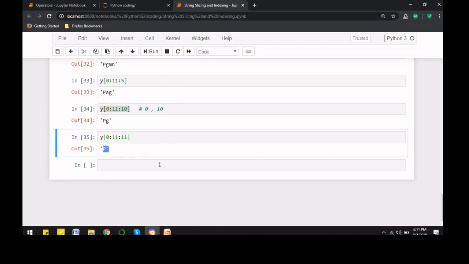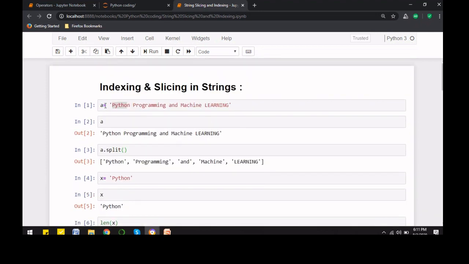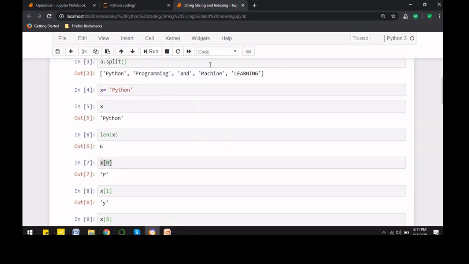So this lecture was all about understanding the different concepts of indexing and slicing, wherein first we used the split function to split the sentence into different words, and then I took the same example that I took in the slide, and stored that string in a variable x.